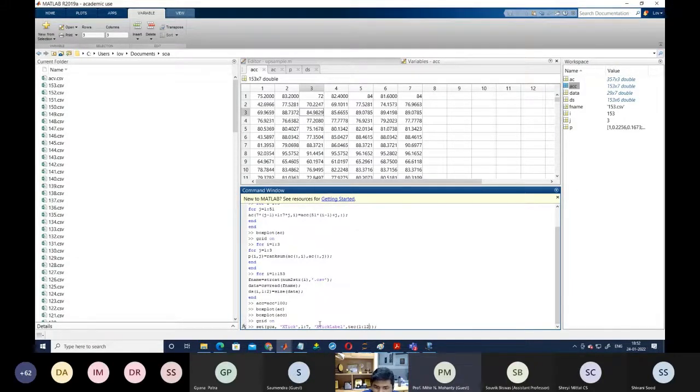So here you can see we are using 7 different types of technique. What are the techniques? The first one is the multinomial Naive Bayes classifier. The second one is the Gaussian Naive Bayes classifier. Third, the decision tree. Fourth, KNN. Fifth, support vector machine with linear kernel. Sixth, support vector machine with polynomial kernel. And seventh, support vector machine with RBF kernel.